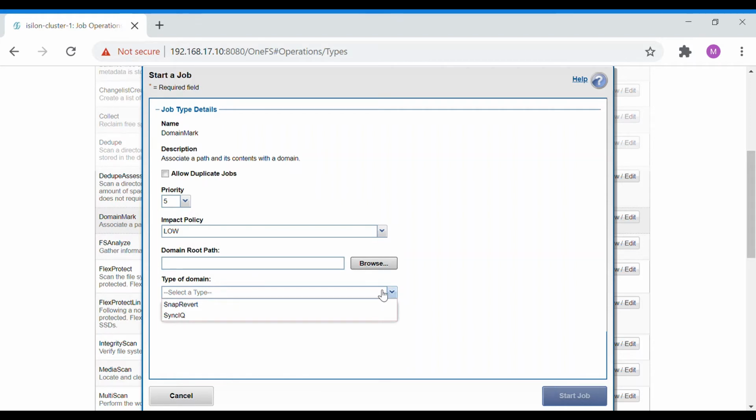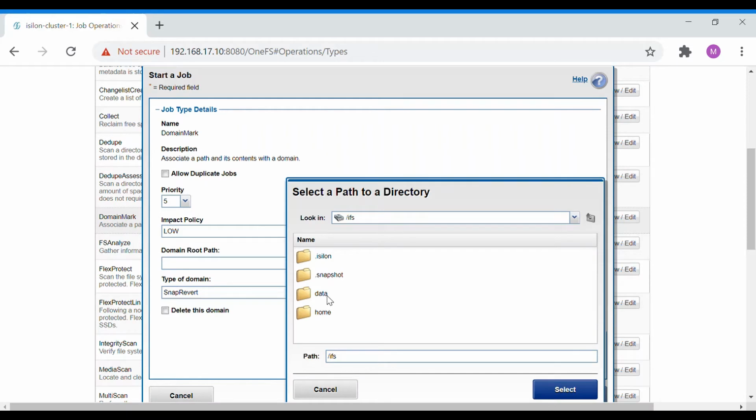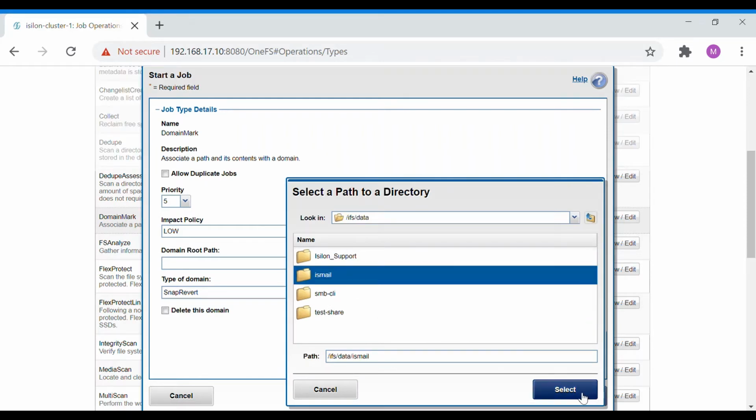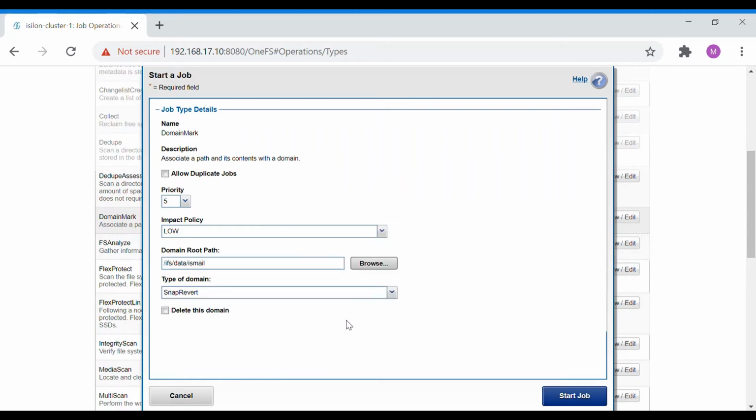So if you want to go for a snap revert, or if you want to go for a SyncIQ, I can give this particular path and the type of domain I need, whether a snap revert or a SyncIQ.